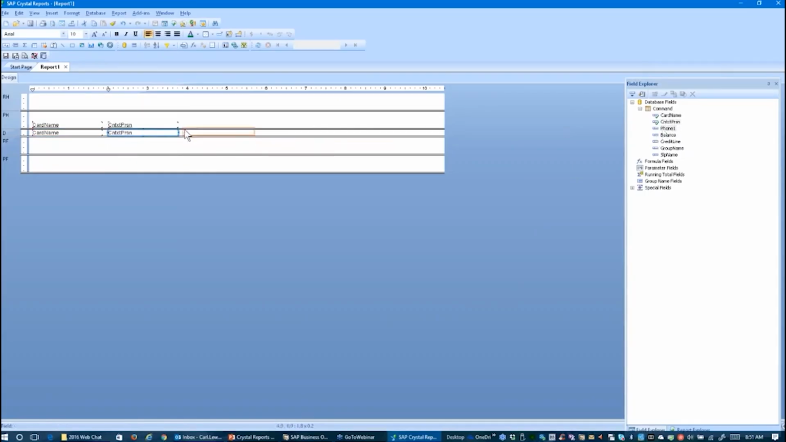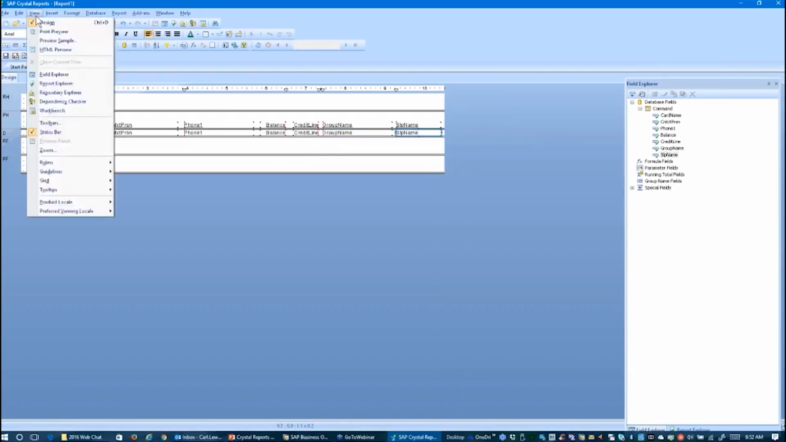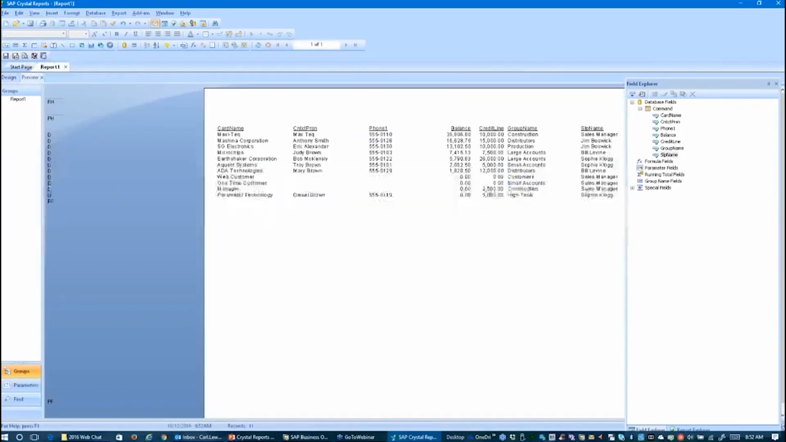Here's a phone number. We'll put the balance over here. The credit line. The group name. And the salesperson's name. I'm trying to squeeze them in here so you can see all of it with one line. There we are. And now if I go to my view menu, just like we did before, print preview,